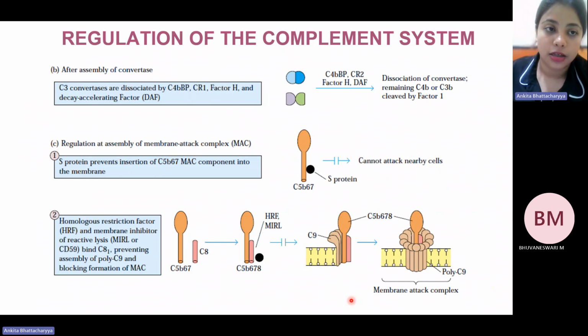Coming to the second chunk of the regulation, or the second section of the regulation of the complement system. Just a second, I'm getting